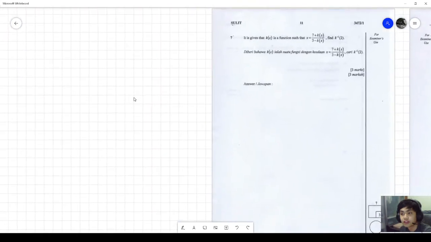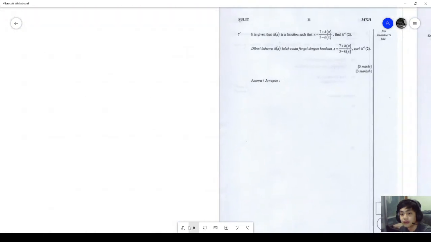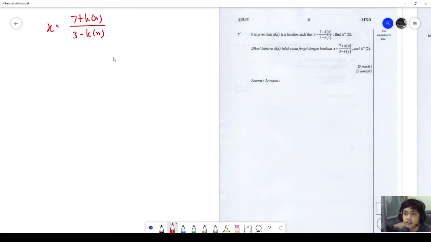So moving on to question 7. For question 7, it is given k(x) is a function such that x equals 7 plus k(x) over 3 minus k(x). So find k inverse 2. Now, interestingly enough, when we look at this equation, this is actually the equation for the inverse of k already. If you don't believe me, let's use a sample